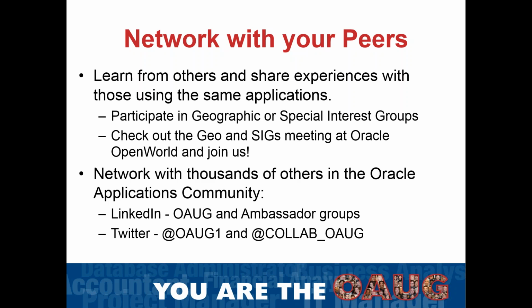The other kind of group that you can get involved in are the special interest groups, and these are groups of people who get together via webinar and also email exchange throughout the year to talk about a specific topic or an industry or an application. Now, the geographic groups meet face-to-face in their city or state or region several times a year, and both the GEOs and the SIGs meet face-to-face at Open World in the fall and at our Collaborate conference in the spring. This year it's in April. So there are different ways for you to get involved in those groups. And again, I'll show you that when we get to the website.